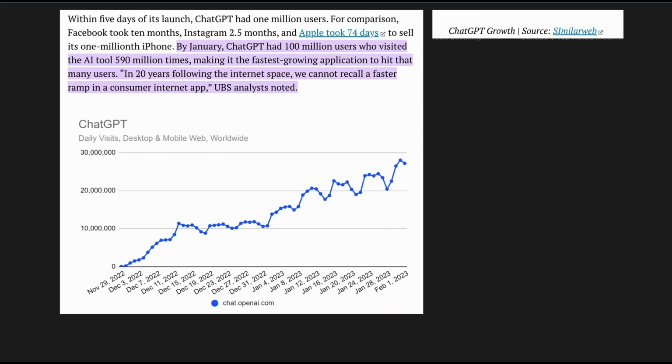This is what we've seen with ChatGPT. A historic growth in users. It's the platform with the fastest growth of any other, even Facebook and Instagram.